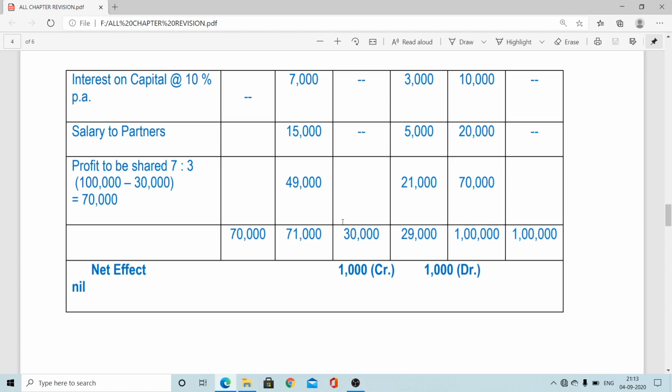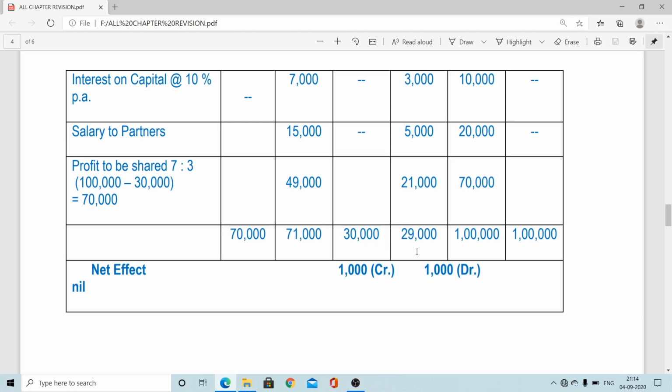Exactly, Raja should be debited 30,000 and should be credited 29,000. So here, on this side, like the firm, the total adjustment is the same. Now if you do that, it is 70,000 and 71,000, the difference coming here is 1,000, credit more 1,000. So ultimately Kumar has taken 70,000, but he should get 71,000. So 1,000 he should be credited. Then the problem will be solved.